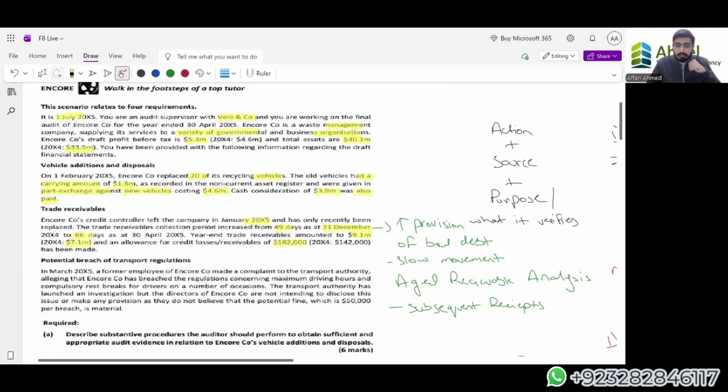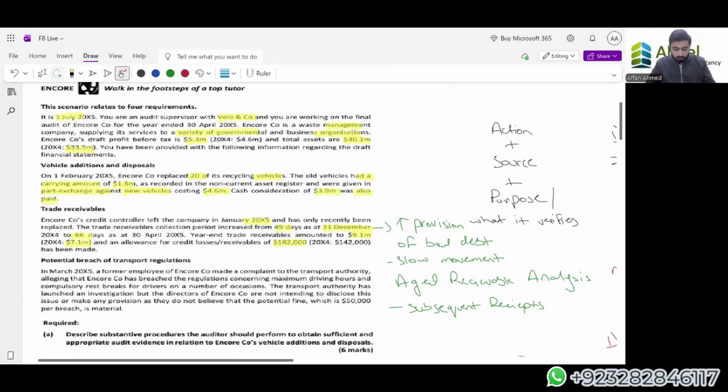If we have an aged receivables analysis, we can recalculate the aged receivables and the irrecoverable balances, so that we have a basic understanding of what amounts are not to be paid and what amounts can be paid. If we get a history, we can take the past and apply it to the present situation to see whether this has been a continuous pattern or a new pattern for our organization. So with all of these, we can increase or decrease the value of our trade receivables and write substantive procedures on them.